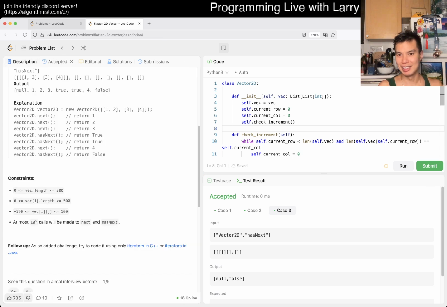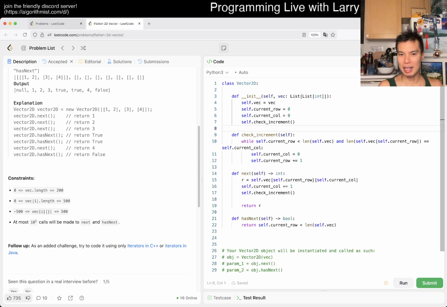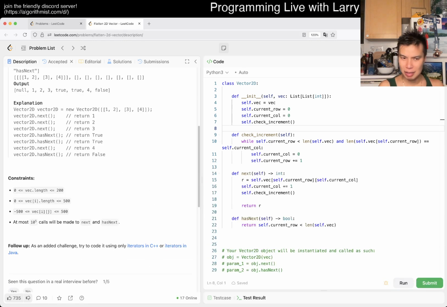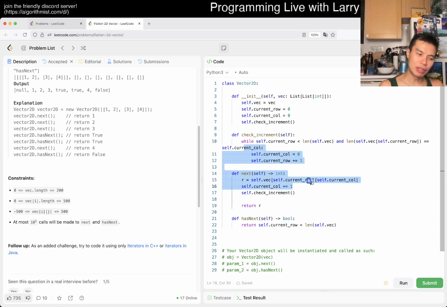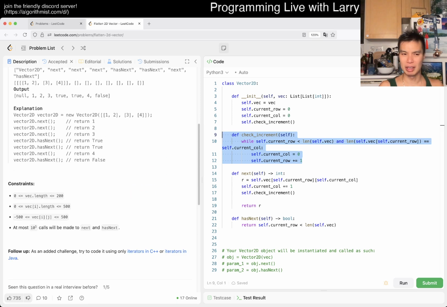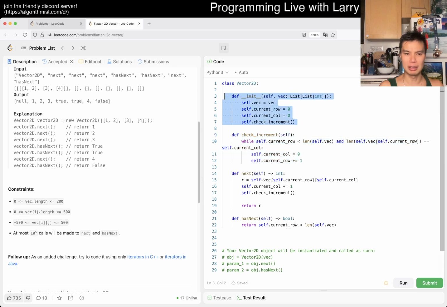It happens. That is all I have for this one. Yeah, we only have one wrong answer, right? Because we did check for the other one, but I did not think about this one. I mean, this is roughly O(1) per thing, right? It is amortized, of course, but per element, I don't know that you can do faster without flattening it ahead of time in the initializer, but I don't know.